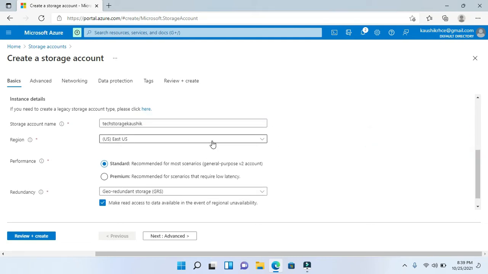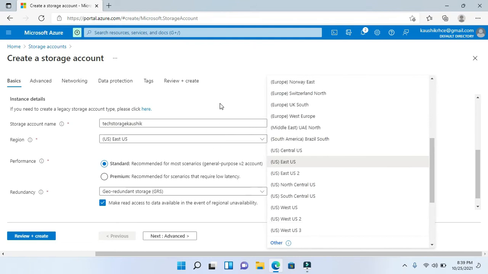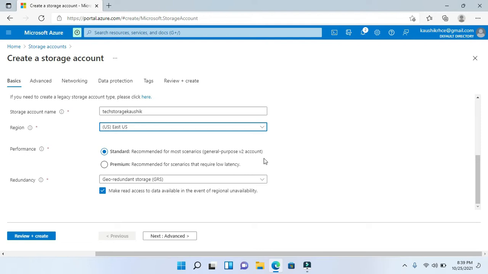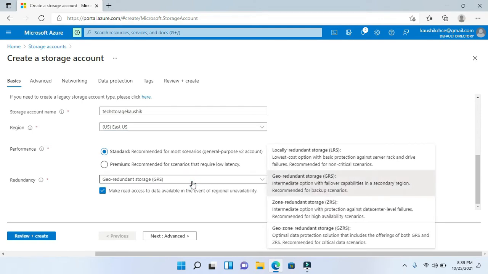Region you can change, or you can leave it as it is. The performance should always be standard, and if you have a premium subscription, then you can go for premium.